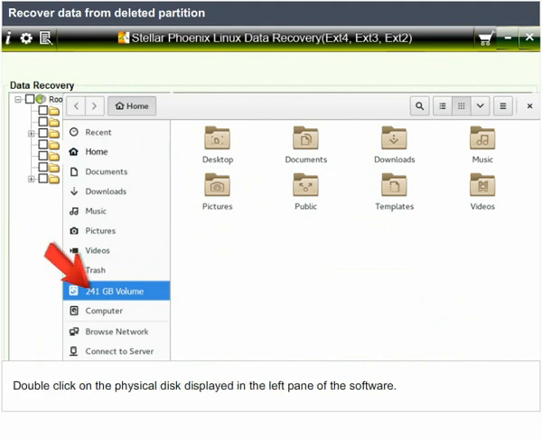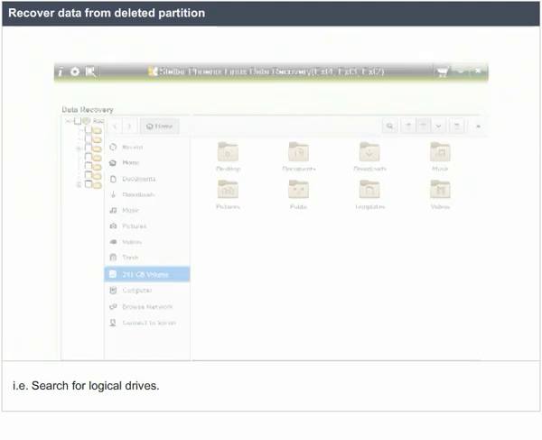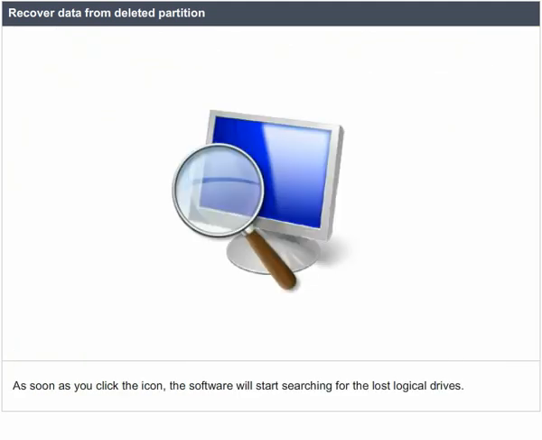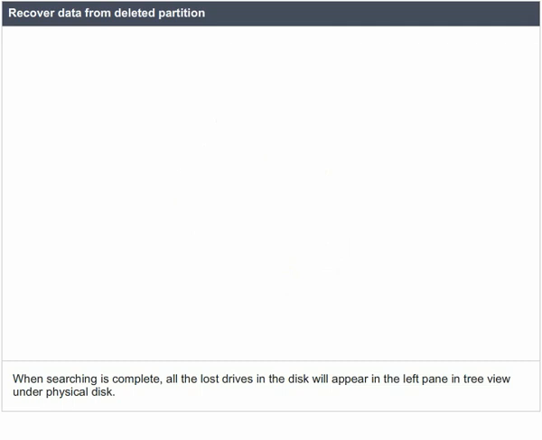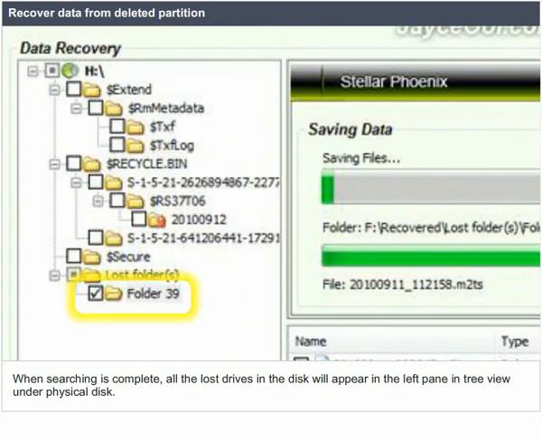Double-click on the physical disk displayed in the left pane of the software. Click the first icon, that is, Search for Logical Drives. Then select Advanced Search. As soon as you click the icon, the software will start searching for the lost logical drives. When searching is complete, all the lost drives in the disk will appear in the left pane in tree view